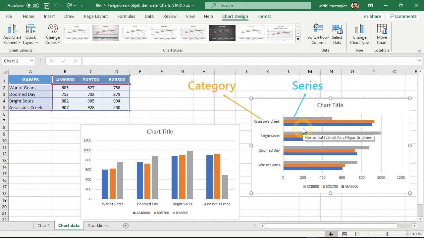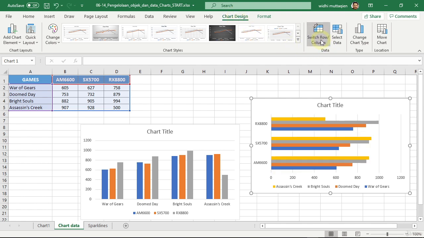Now, you need to know that in Excel, the standard term for this bar group data is category, and the data for each of these small bars are called series. If you want to swap the category data with the series data, in the chart design menu, you can press this button, Switch Row Column. Now the names of the games are the data series, and the graphic card models are the category data.